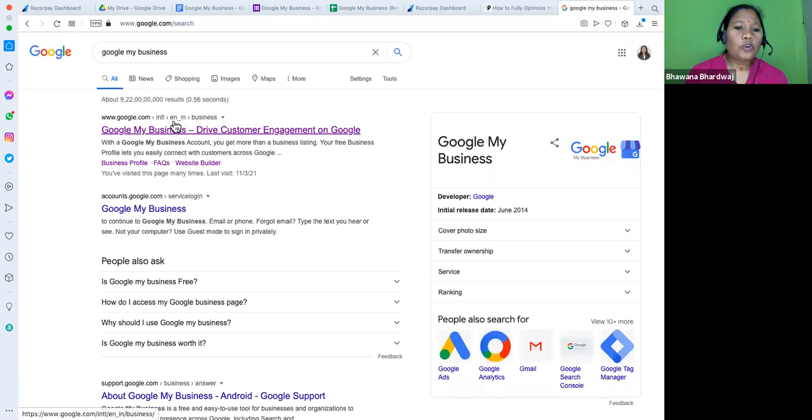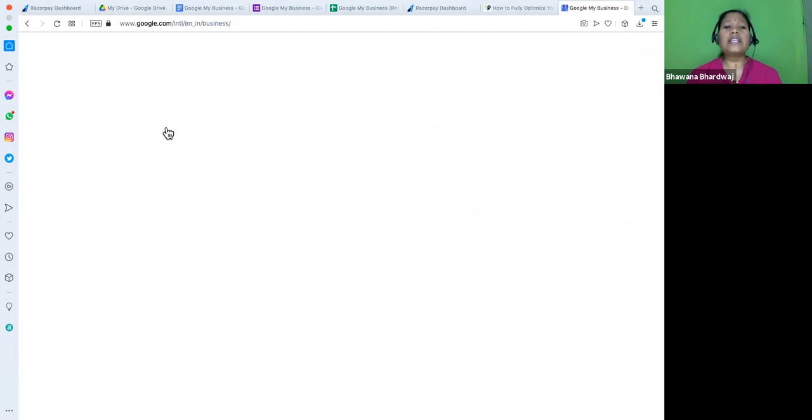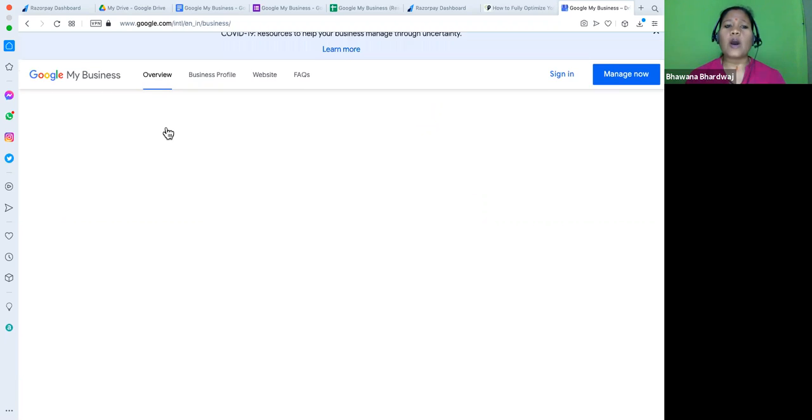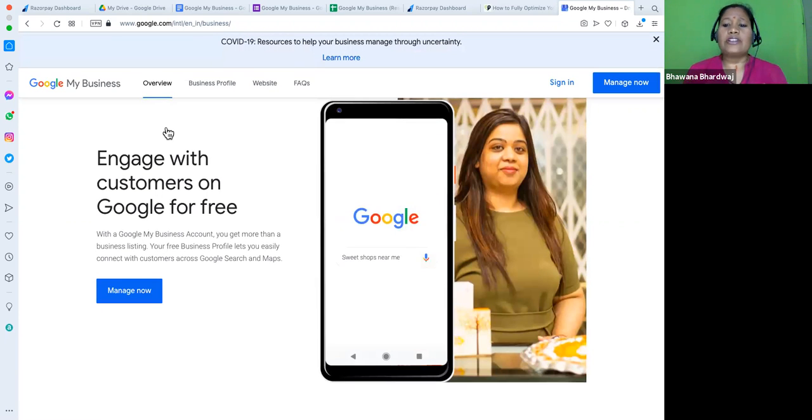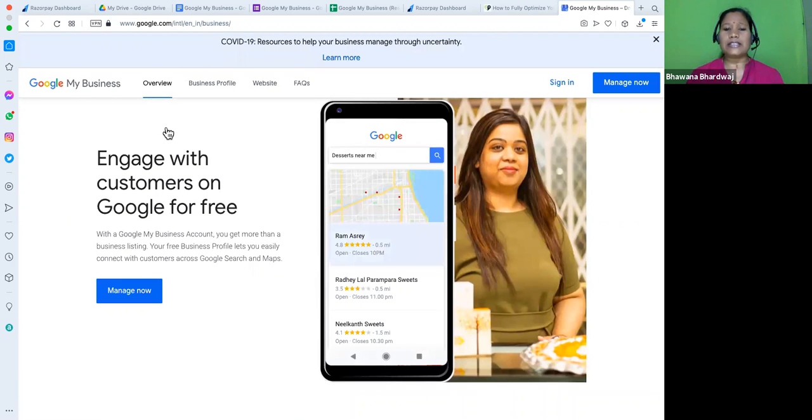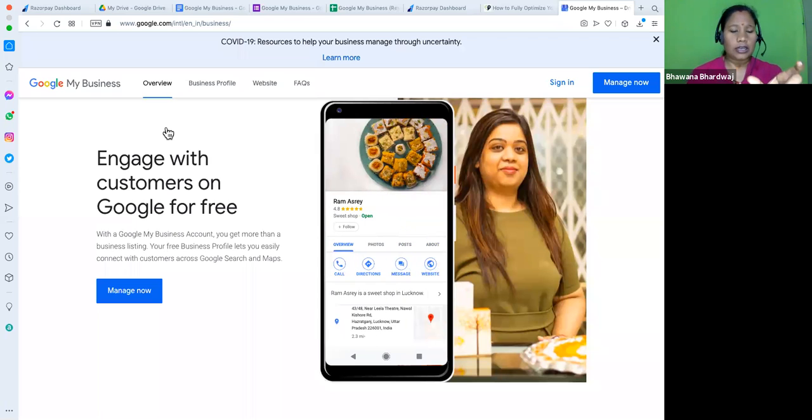Right, you can simply go to the Google My Business. If you are using any Google product, you require a Gmail ID. You must have a Gmail ID. Here my suggestion is that it's only a Gmail ID. You can have a company email ID as well. If you are managing that company email ID using G Suite, that will also work perfectly fine. So you can use one Gmail ID or a G Suite company email ID, anyone you can manage.